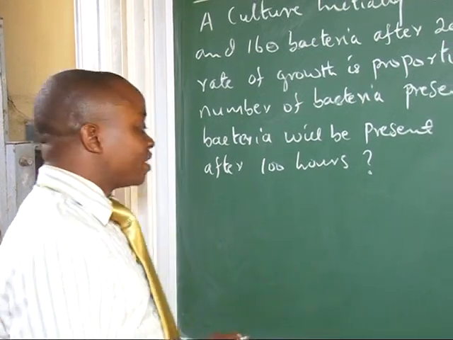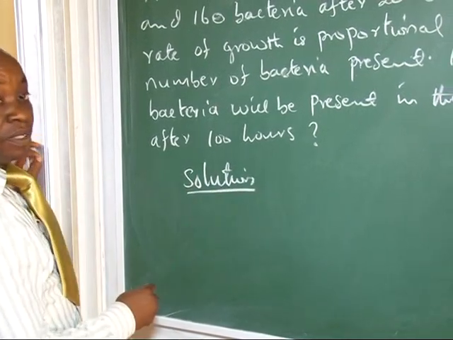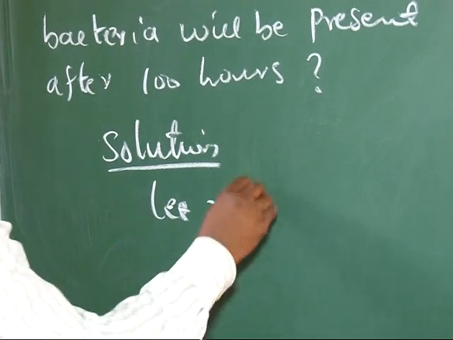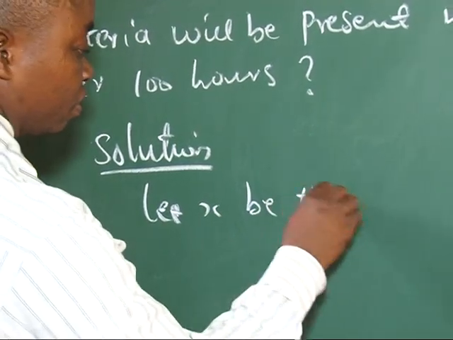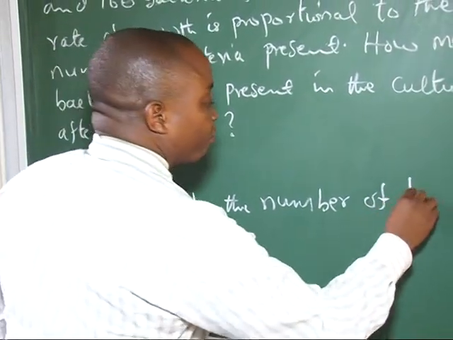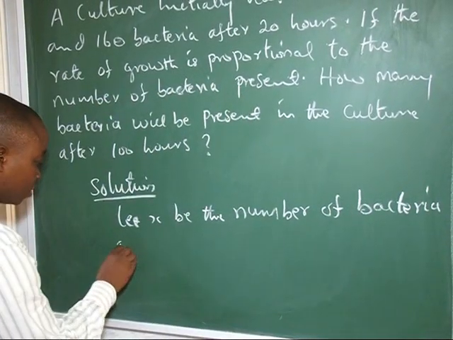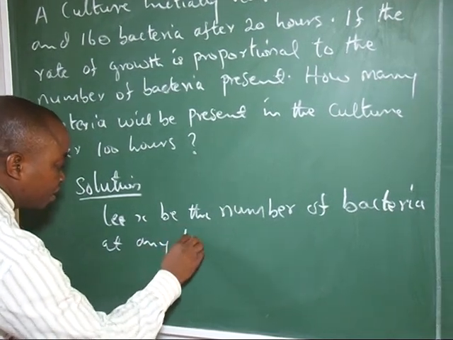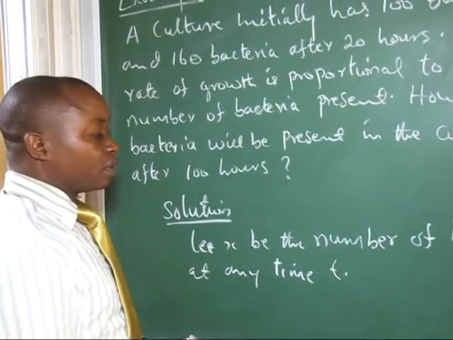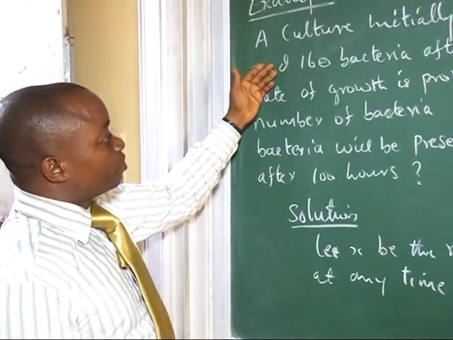Now see how it works. We take the solution. Now we let x be the number of bacteria at any time t. Then, according to what the problem states,